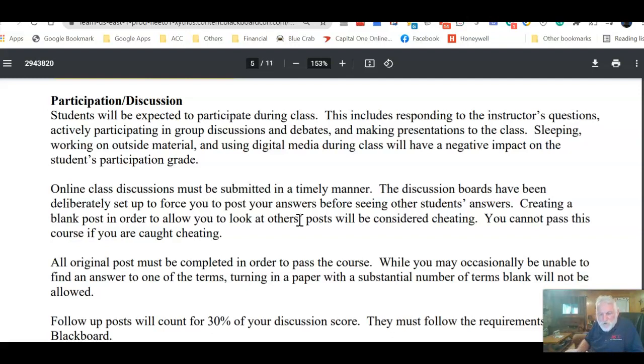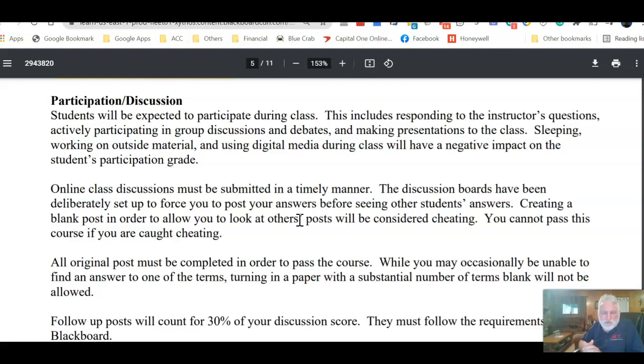the exam review that you should print out and start filling out as you're watching the class videos, as you're reading this material in the textbook. You will post that. And you will also tell us what you found most interesting about the particular topic that week. You have to post first before you can view anybody else's answer.